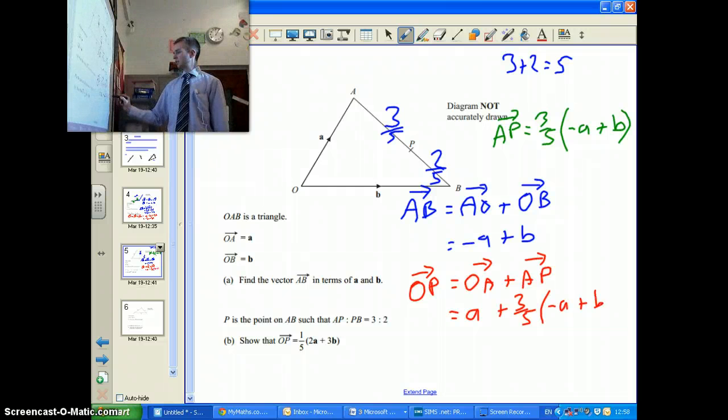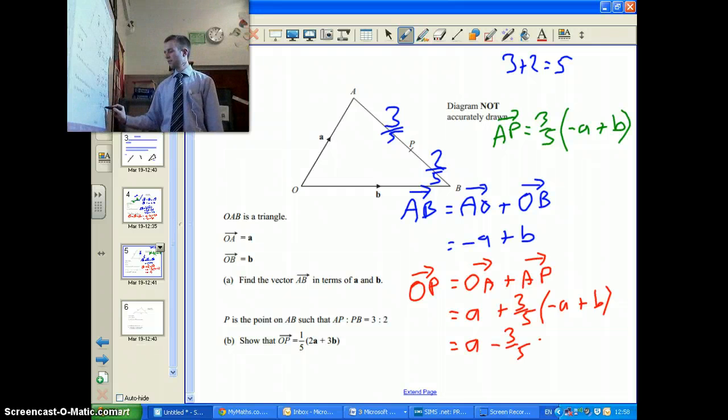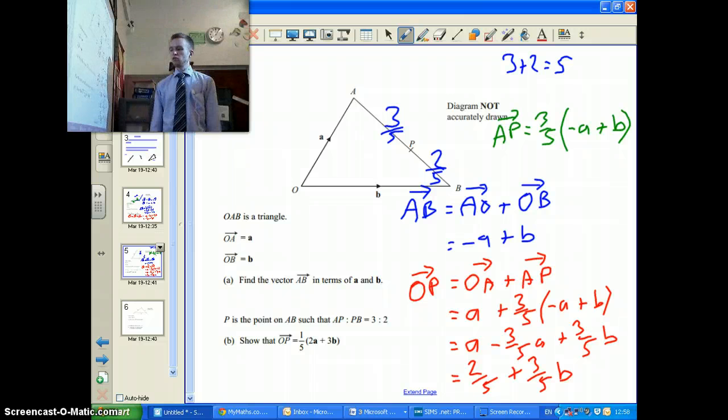and so I end up with A, 3/5 times minus A is minus 3/5 A, and then 3/5 of B is plus 3/5 of B, and then all we've got to do is do some simplifying. So I've got A take away 3/5, I end up with 2/5, and then 3/5 of B is plus 3/5 of B,